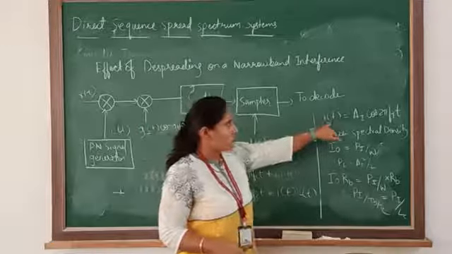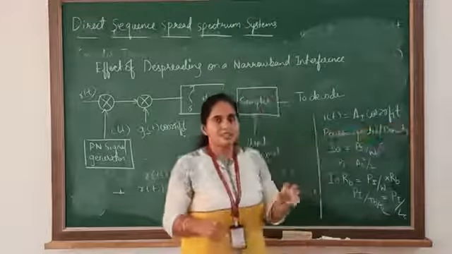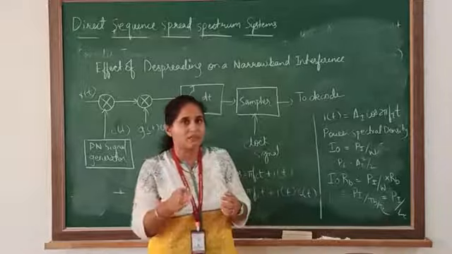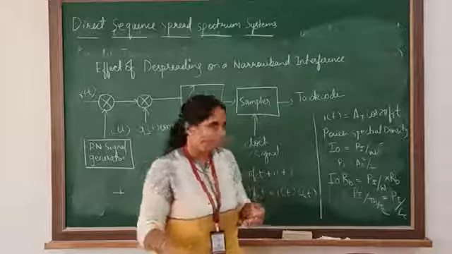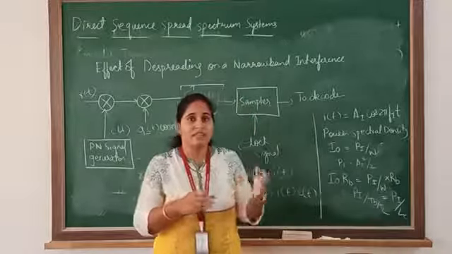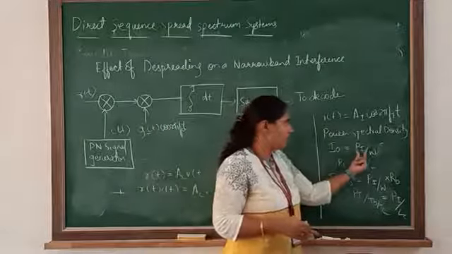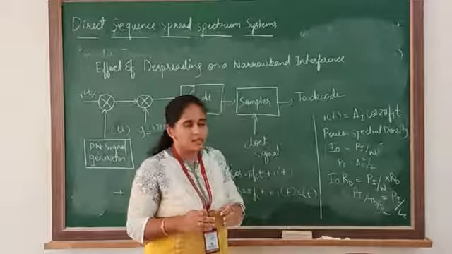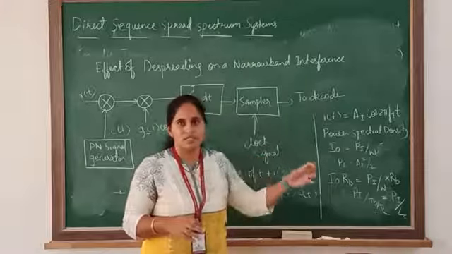Now what is i(t)? Generally i(t) is nothing but Ai cos(2 pi fi t), which has a certain frequency fi. Now the bandwidth is going to increase because it is multiplied with the PN sequence signal c(t), and it becomes a wideband signal. What is the power spectral density of the signal now? The power spectral density of the signal that has been multiplied with c(t) is equal to I naught, that is Pi divided by W, where Pi is the average interference power, that is, the average power of the interference signal.